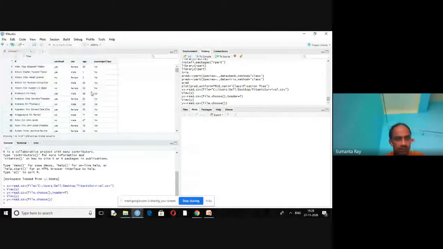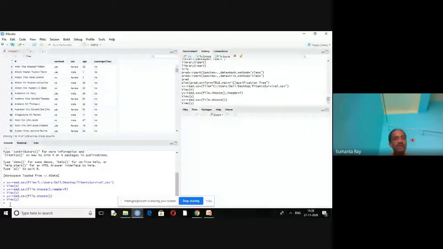That has been imported, but in some cases, header equals to TRUE means that in some files the first row should not be treated as distinct.